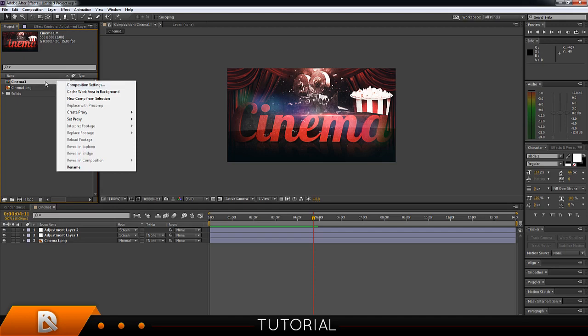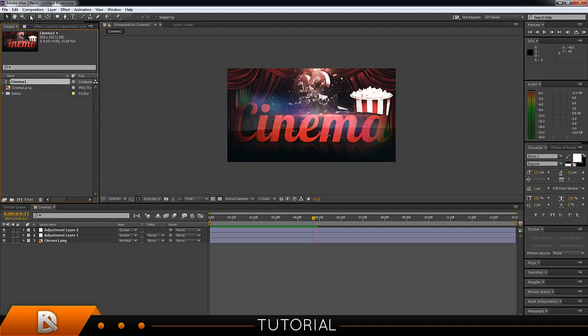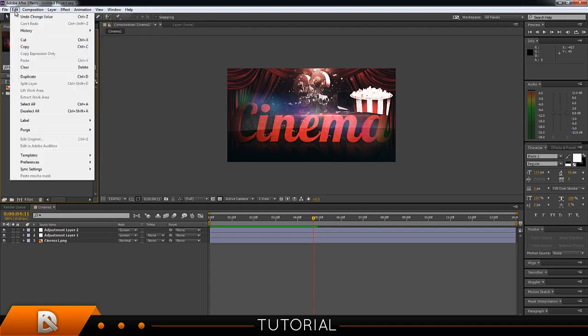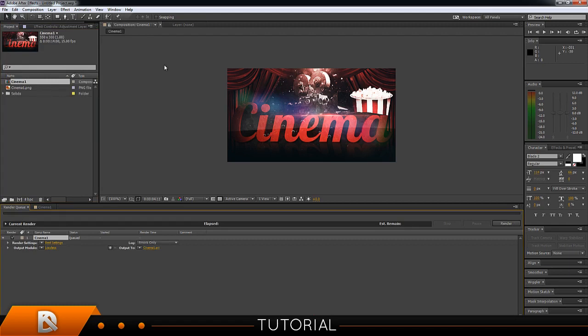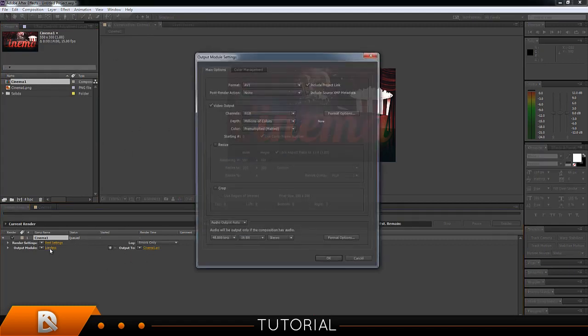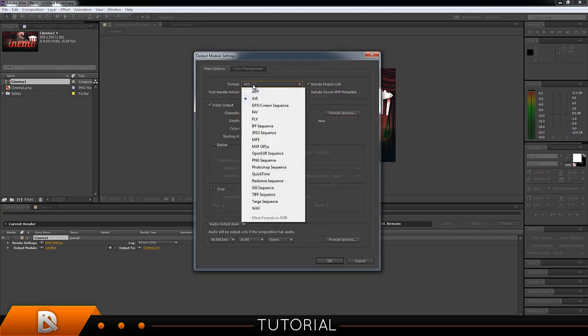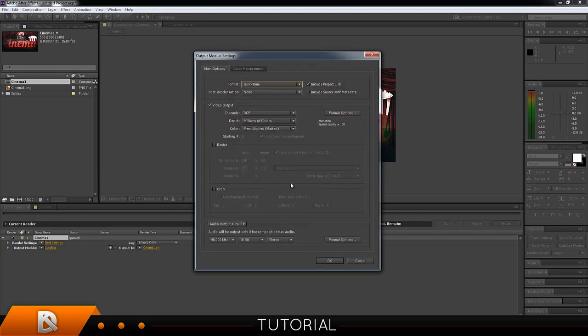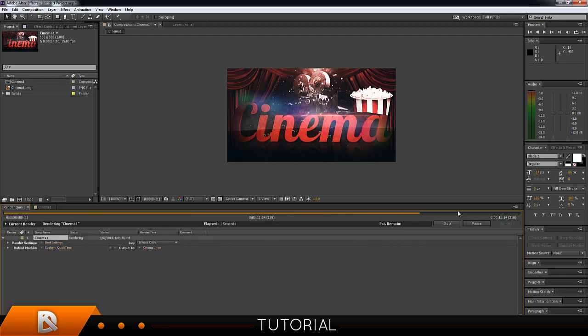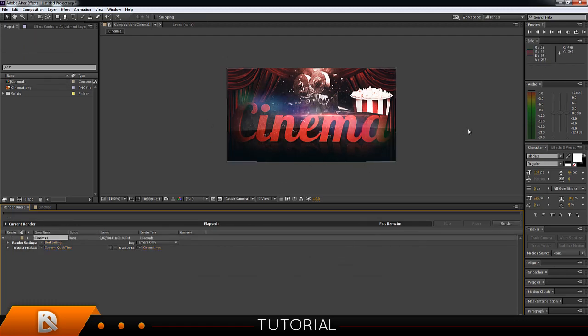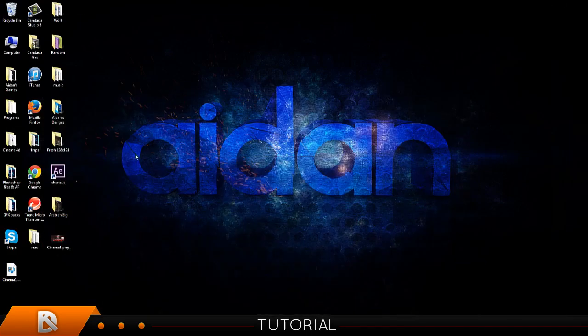no, don't go composition settings, just make sure this is your composition, and then go up to composition on the top, then go to add to render queue. Press that, so it'll load up in this section, and then press on lossless, then go to AVI, and go to QuickTime, and press OK. So once you've done that, render, so it'll do your animation, and it'll make a sound once you've done that, and then it should go onto your desktop. So you've got that